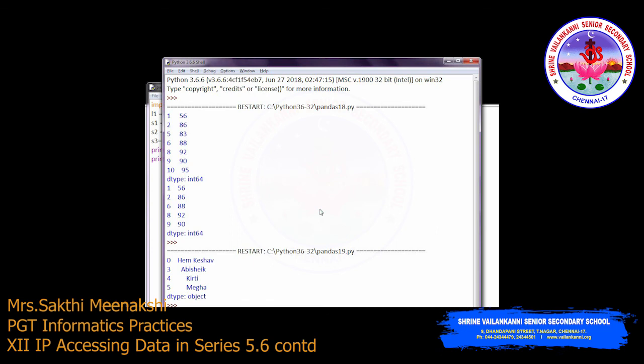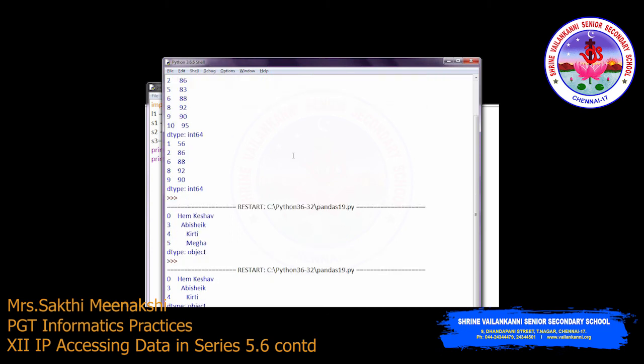So you can use this comparison operator for string values also. What if I only use M? You will get the same result, but mega will not come, only the values which are less than M. Here you can see we will have only Hemkeshav, Abhishek and then Kirti. Mega will not be there.